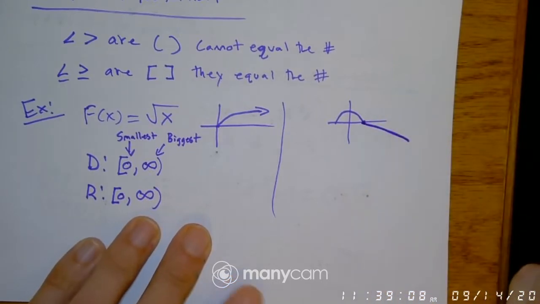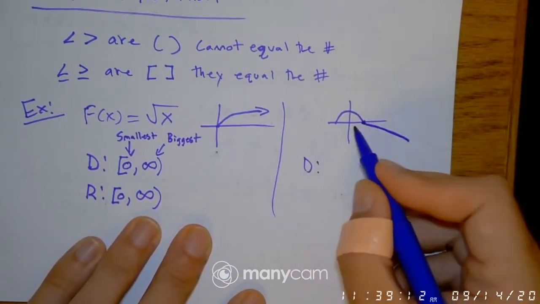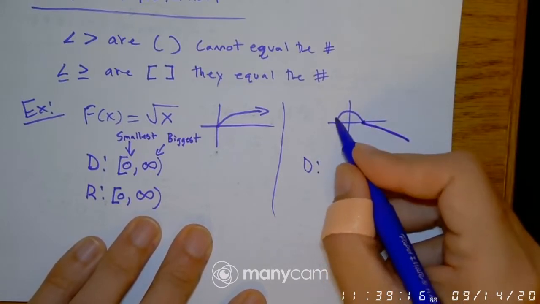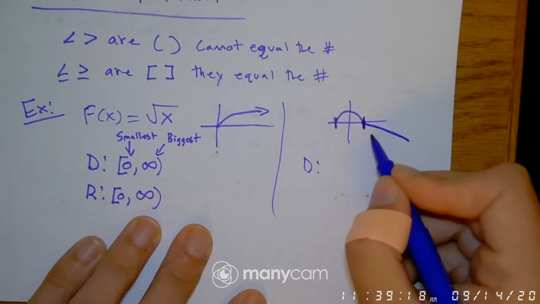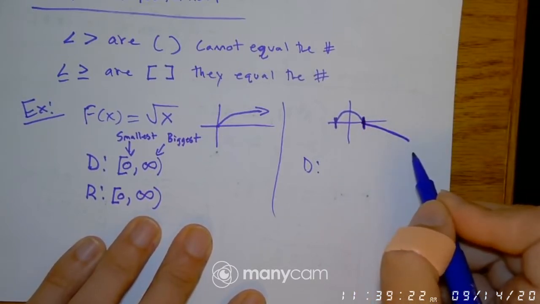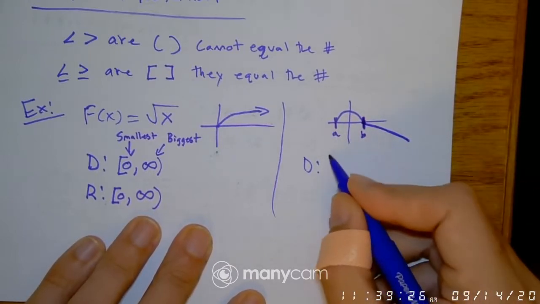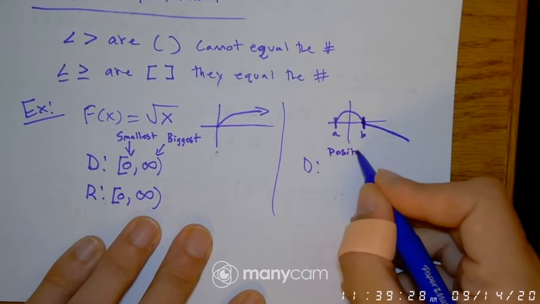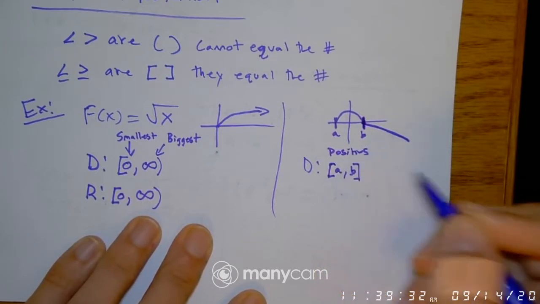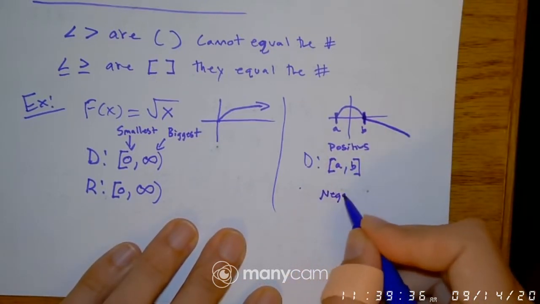Okay, so it's like a piecewise function, right? Then for my domain, if I wanted to know the domains for the positive, I would only go from here to here, right? And if I wanted my domains for the negative, I would go here to negative infinity, right? So if this was A and B, so for positives, I would write A to B, and then for negatives,